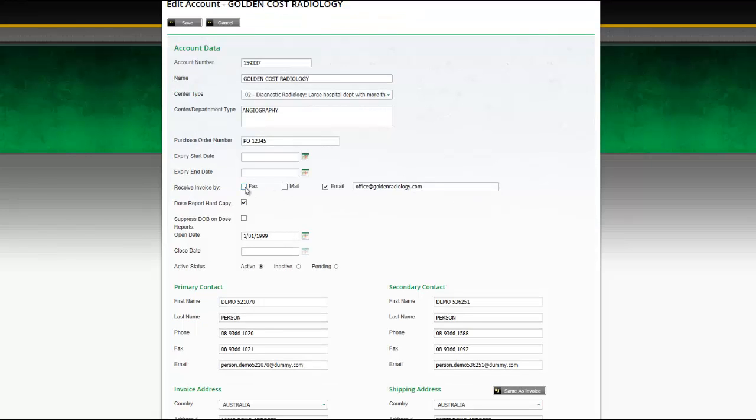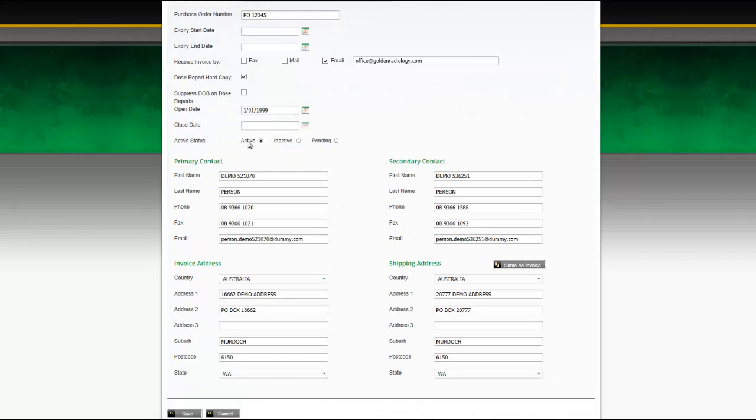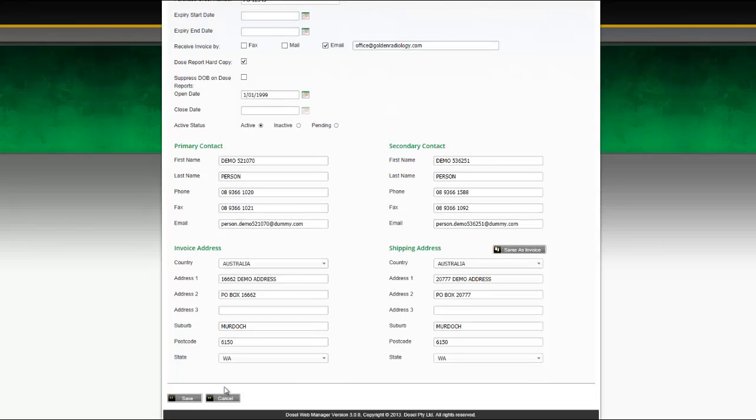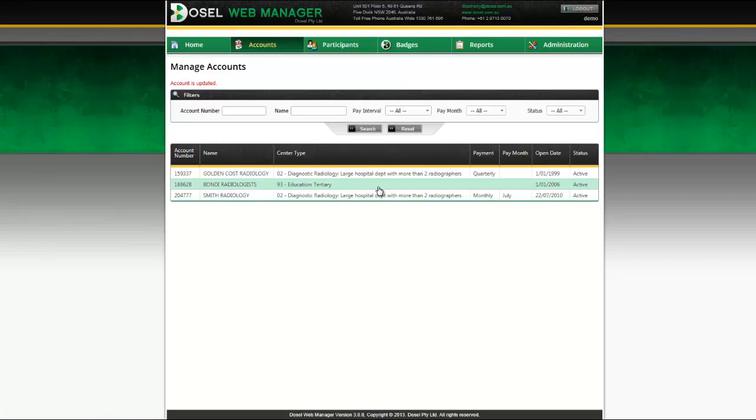Then you can set how would you like your invoice to be sent to you, either by fax, by mail, or by an email. Or you can set all other detail of the account, like primary contact, secondary contact, invoice, and shipping address. Here we also can view the Manage Participant page,